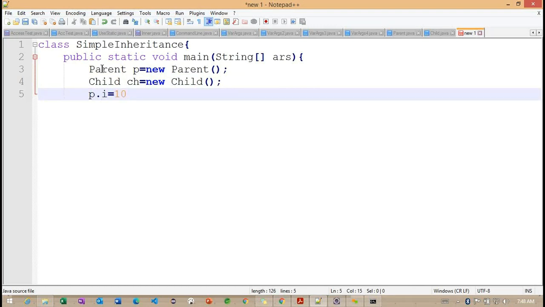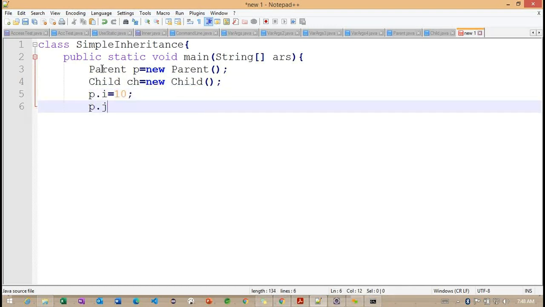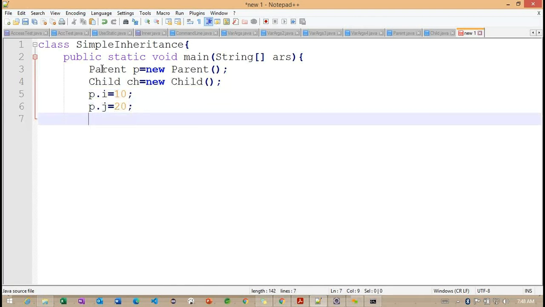So p.i is equal to 10 and p.j is equal to 20. Getting the point. Now I'm going to call the method show ij. Show ij method we defined here.